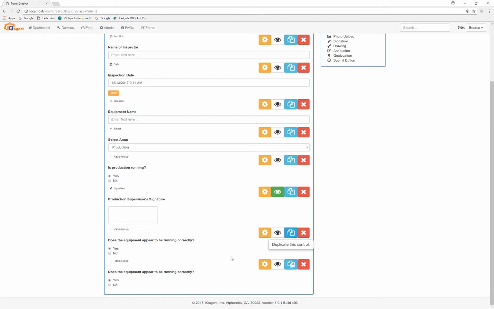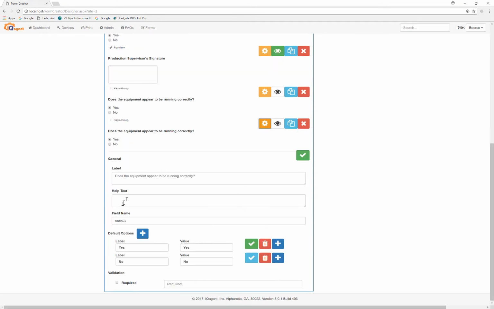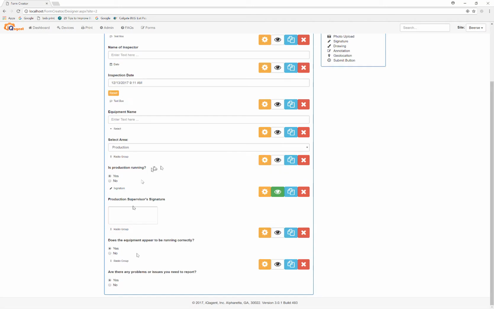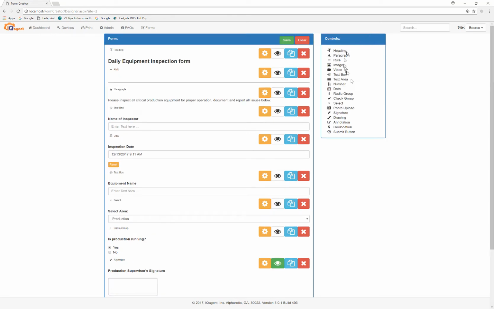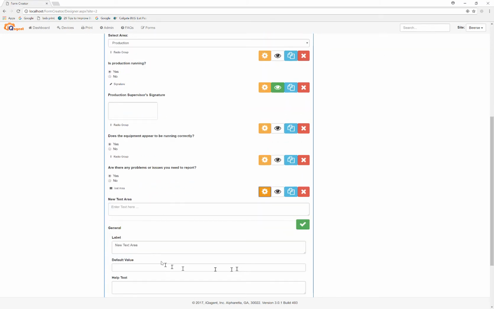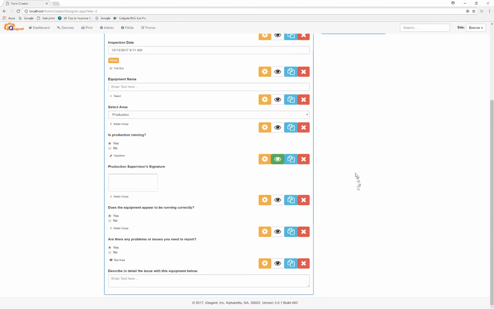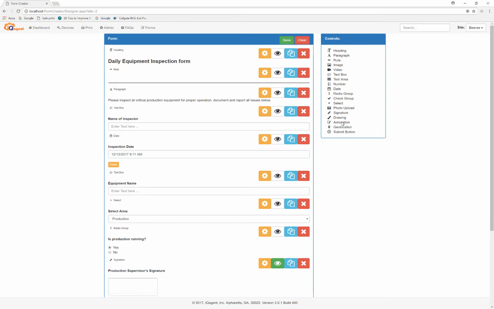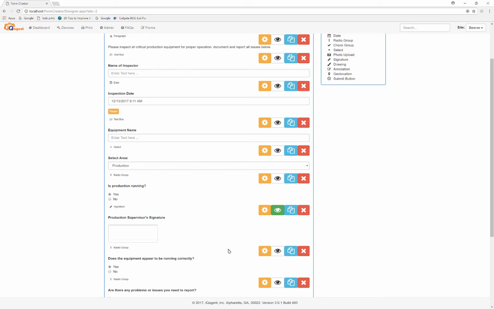And then we'll duplicate that again and ask a second question. This indicates a problem, so in the case of a problem, we would like them to enter information about the problem and take a picture of it. We will add in a text area so that they can describe the problem. And then we will also use the annotation drawing. They can take a picture and draw on it